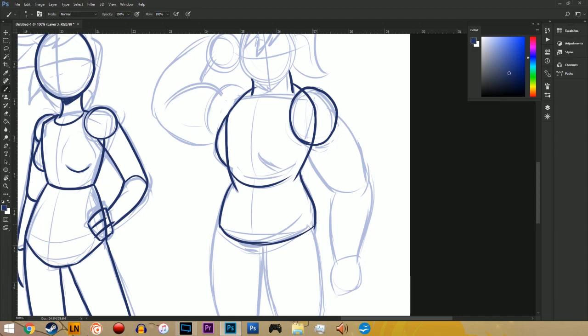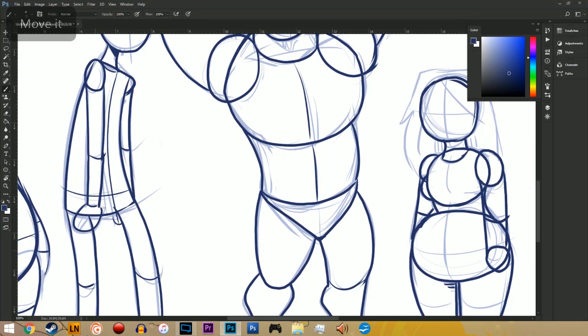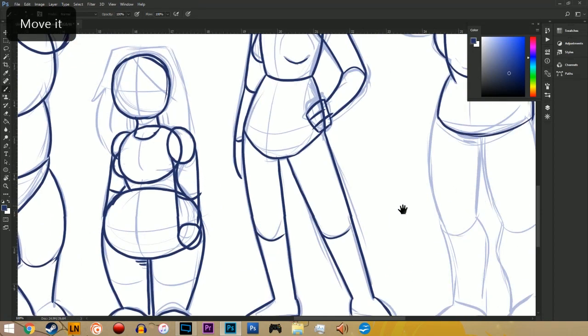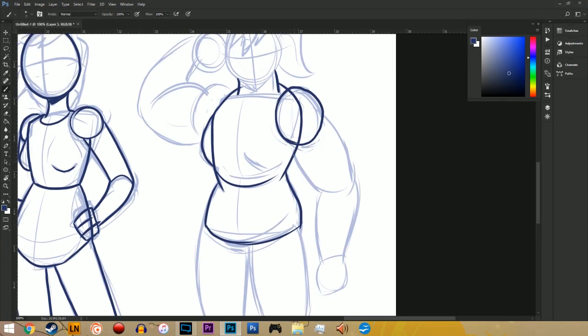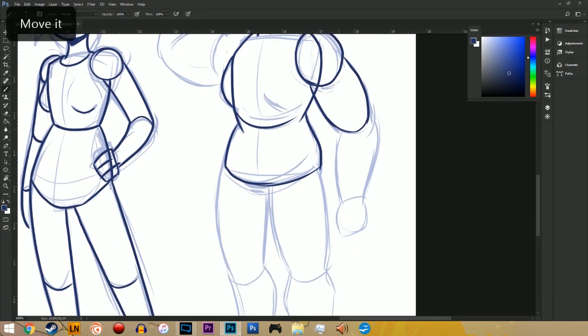So we've got another sort of hip section. Don't forget to sort of draw in a butt there. Obviously, don't forget to draw butts on dudes as well, but I very rarely ever do, because I actually just enjoy drawing women more than men, so I tend to ignore those details whenever I'm drawing dudes.